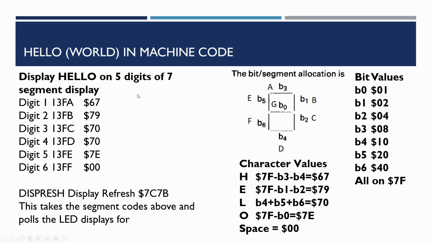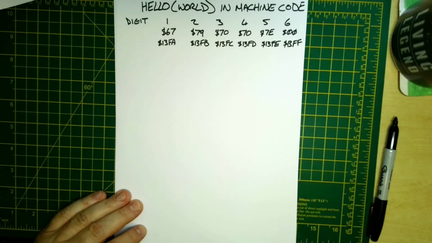In our initial code, once we've set up the values we want to display, we're just going to call the display refresh routine continuously until such time as we press reset or abort. That's what we need to do for the program. So we have here the values that we need to put on display. Now I'm going to show you how we can do this in machine code, just with hand assembly, without any computers whatsoever. This is what this Nanocomp trainer was originally used for. Before people had proper desktop computers, this was all that you had.